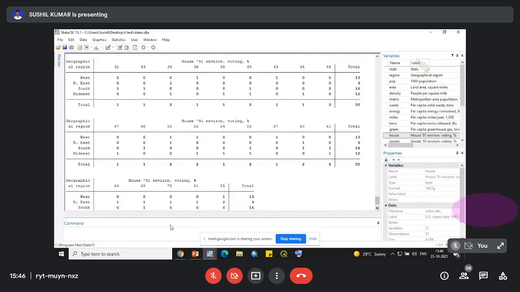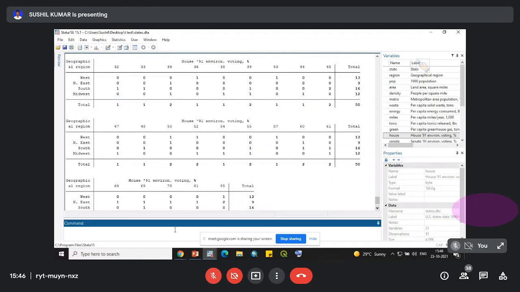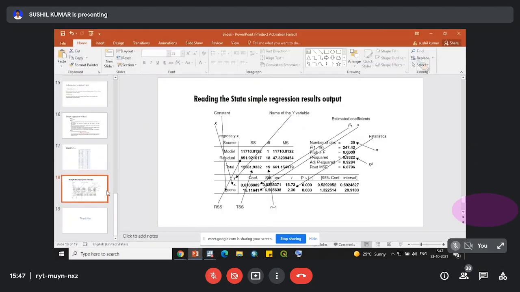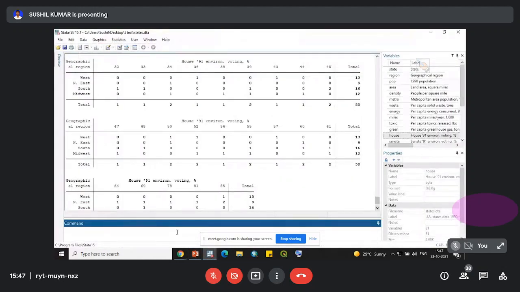Now let us directly come to the regression model that we want to run and check whether the values are significant or not. For this, the command is regress. You can directly write reg to tell Stata that we want the output for regression.